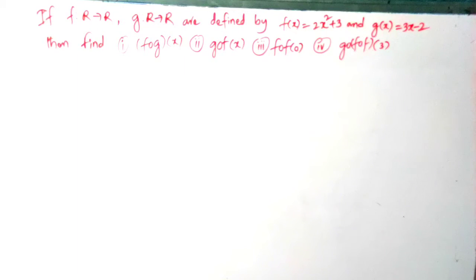So you observe here, the function f is R to R and g is also R to R. Both the domain and codomain are the same, real valued functions. Clear? So there is no difference between g circle f or f circle g. Both are the same. Why? Because R to R, R to R. So f circle g also belongs to R to R, g circle f also R to R, f circle f also R to R. We define this. Clear?